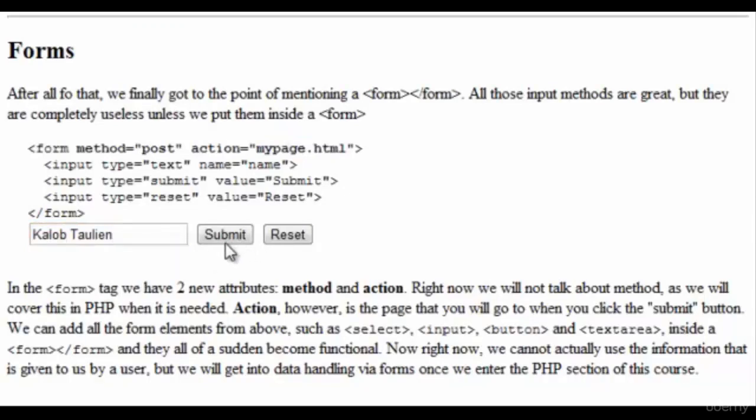Right now I just wanted to cover what a form is and a couple of the different elements that it has and how we can use them. Once we get into PHP, this is going to be an extremely important part of data handling. This is how you create a registration form or a login system, but that is way down the road. We have to get through the front end first, so our HTML, CSS. We're also going to go through JavaScript and jQuery, and then we can tackle the back end, which is the PHP.